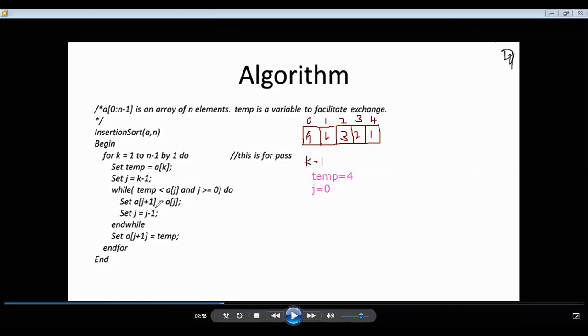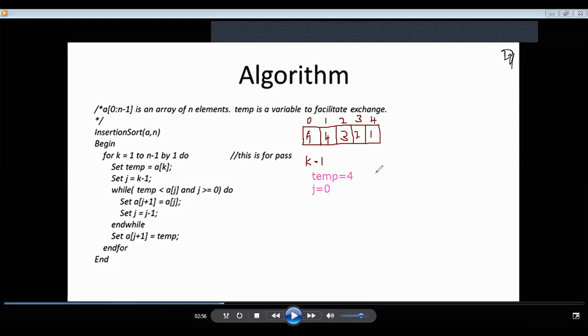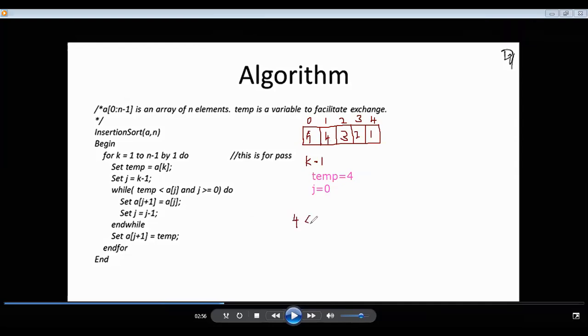Now we'll see the while loop. What's the purpose of the while loop? Whenever I'm considering this as a current value, I have to travel till this, right? And if I consider this value, I have to travel till this. Also, I have to find the appropriate position. This is to find the appropriate position, right? So what is next? I'm checking whether temp is less than a of j. What is a of j? j is 0, a of j is 5. Whether it is true or not, I'm checking. Is it true? Yes, true. So if that happens, what do I have to do? I have to sort this, right? So 4 should come here, 5 should come here. We will see how we can make it.